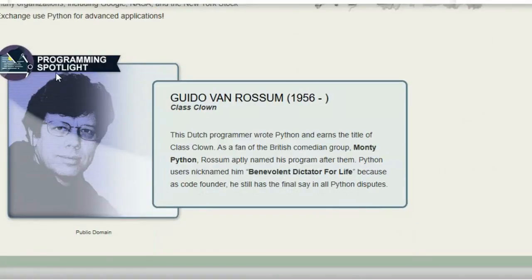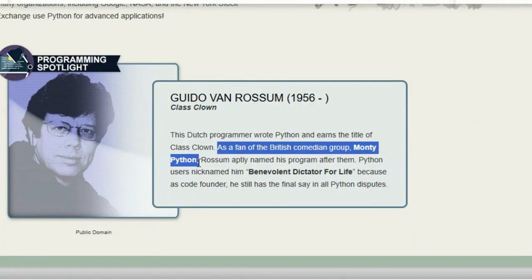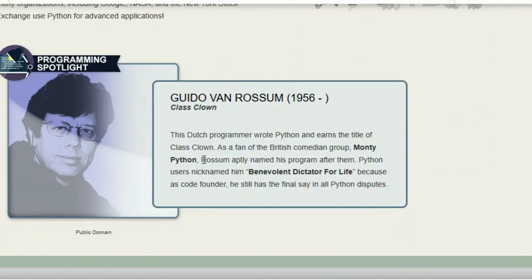Here, while we talk about the programming spotlight, is Guido van Rossum. He's still alive. He was born in 1956. He was the class clown. He's a Dutch programmer, and he wrote Python and earns the title class clown. He was a big fan of the Monty Python comedy group. Big fan of that. He aptly named his program after them. Python is named after the Monty Python British comedy troupe. Python users have nicknamed him. He is called the benevolent dictator for life,